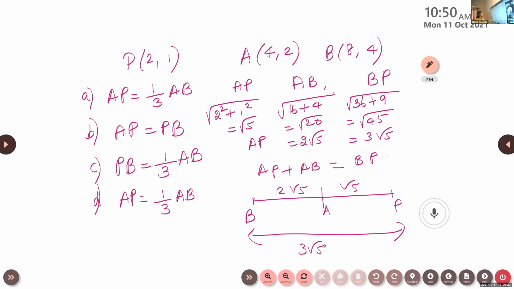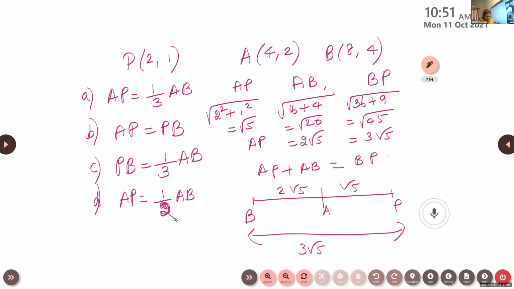Now find out what is the ratio. What is the relation you will get? AP is 1/3 AB, or AP is PB, or PB. From here you select it. Is it clear, children? Yes, ma'am. Option D is 1/2 AB. What will be the answer? Check it. So here we use the concept of collinear. Find the distance and based on that we find the ratio. What is the ratio of division?